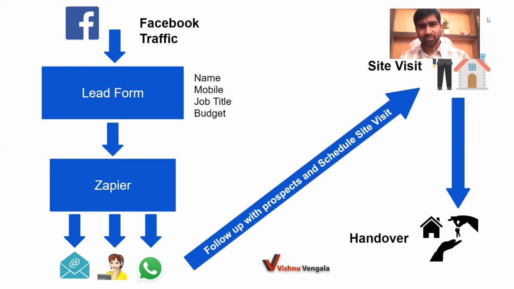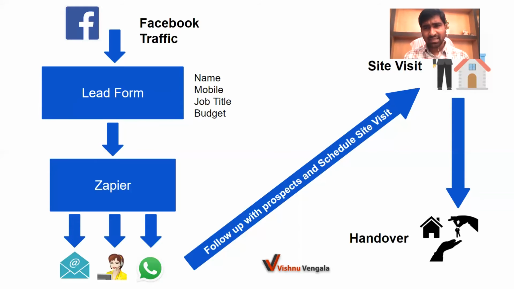You can give your budget so that people look into the budget, and if they're not interested at this price, they will not fill in the details, and so you will not be charged by Facebook for those leads. And when these leads are captured in the backend by Facebook, you need to use some automation tools to dynamically push those leads to your CRM or to a Google spreadsheet where you can manage those leads in real time.